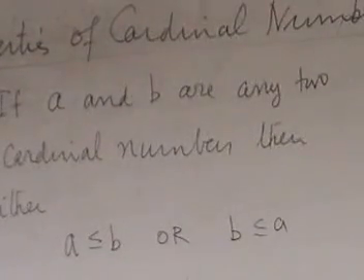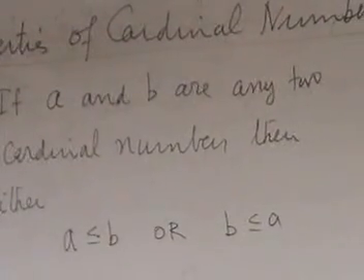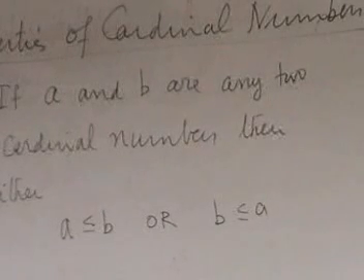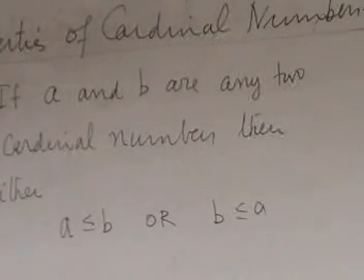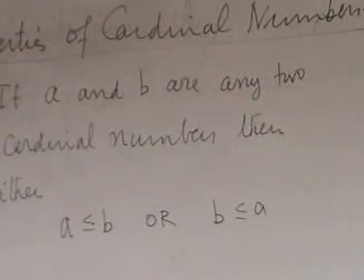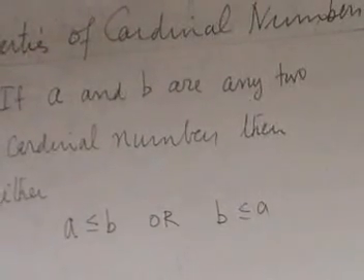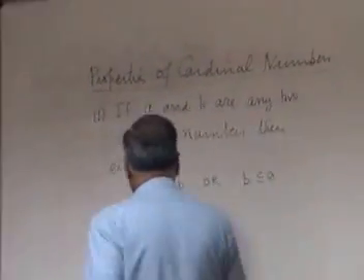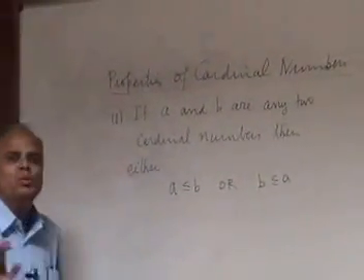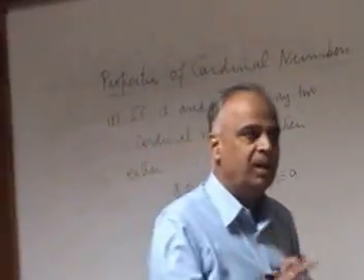What it means is, any two cardinal numbers are comparable. You know, partially, or it says in the definitions there, you know what it means. It's a linear order, or whatever terminology you want to use. Okay, if you don't want, forget about it. It's just, if you give me two positive integers, either A is less than or equal to B or B is less than or equal to A. A similar thing holds for cardinal numbers.